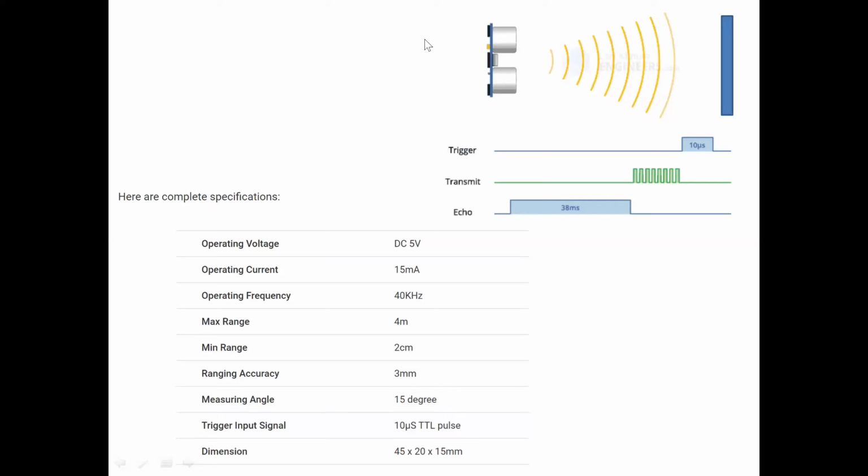You want to measure in the range of 0 to 400, sorry, not 400 meters, 400 centimeters, which comes around 4 meters. That is the maximum range here.